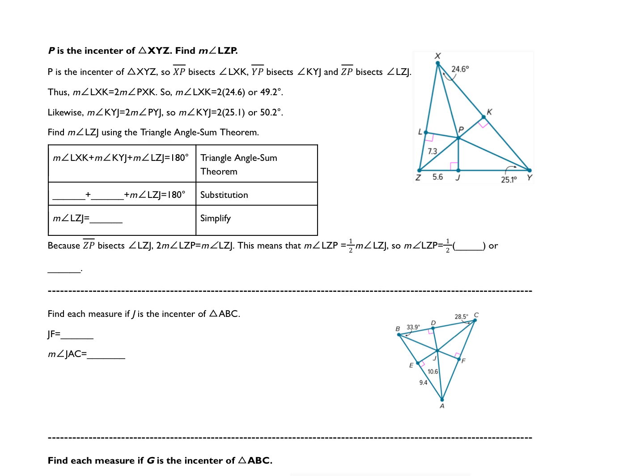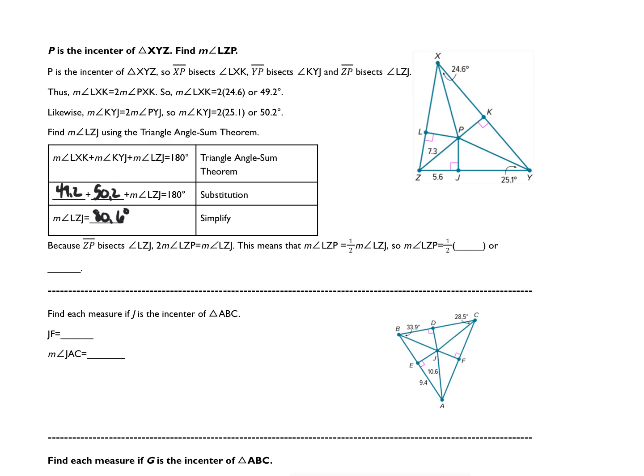So the measure of LXK, which is 49.2, and the measure of KYJ, which is 50.2, and the measure of LZJ add up to equal 180. Well, all I need to do now is add those two things together to get 99.4, and then subtract that from 180 to get 80.6 degrees. So the measure of LZJ, that's the big angle in the bottom left-hand corner of our triangle, is